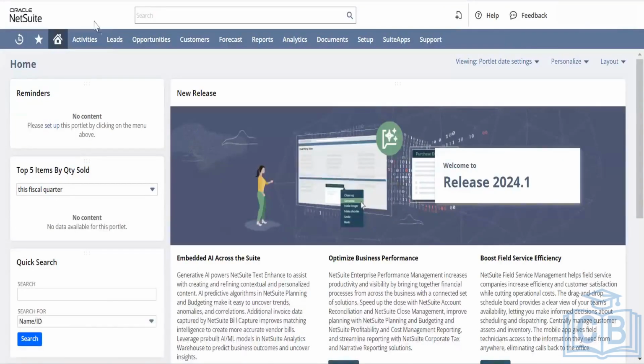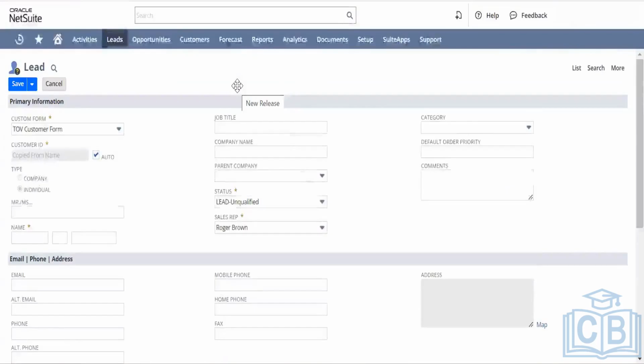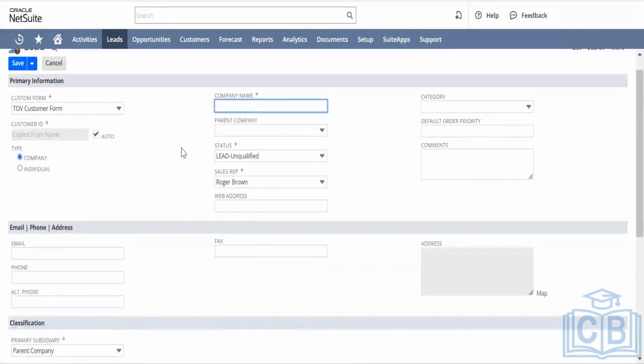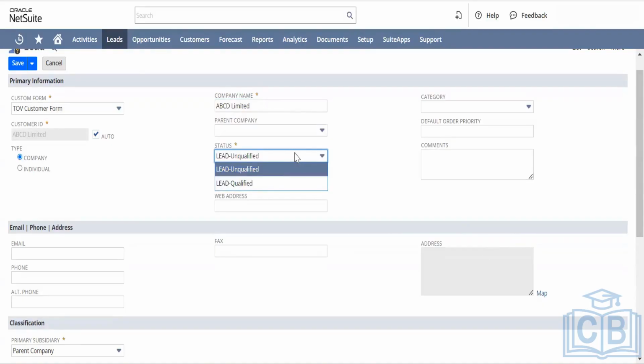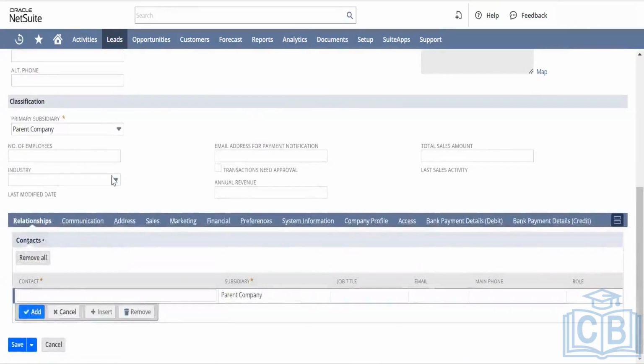If I go to lead and relationship lead, I can enter any random lead and qualify it, and without any other detail, I can